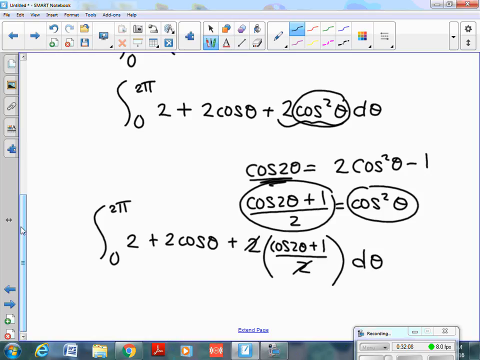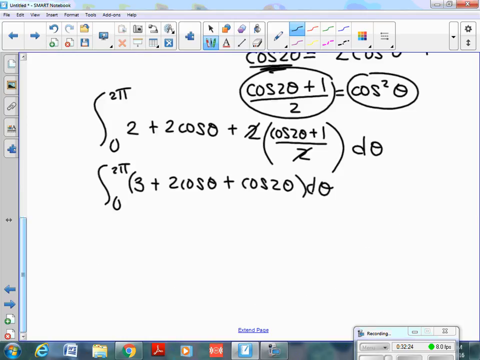So now, this 1 and this 2 can go together to make 3 plus 2 cosine theta plus cosine 2 theta, all of this still d theta, which makes, when you integrate 3, you get 3 theta. When you integrate this, you get,